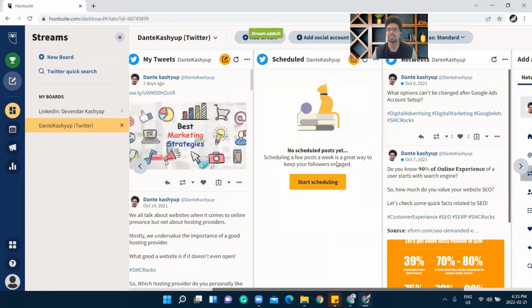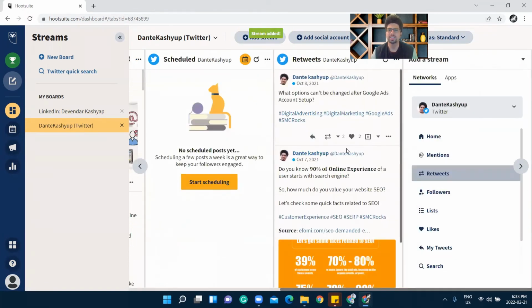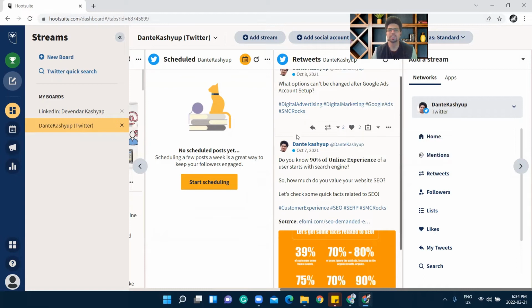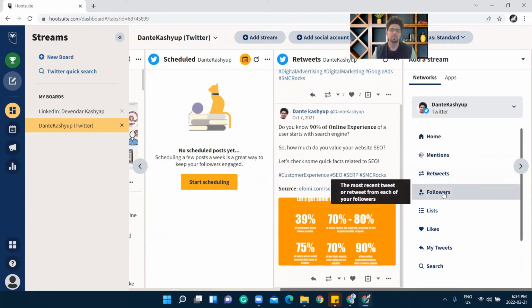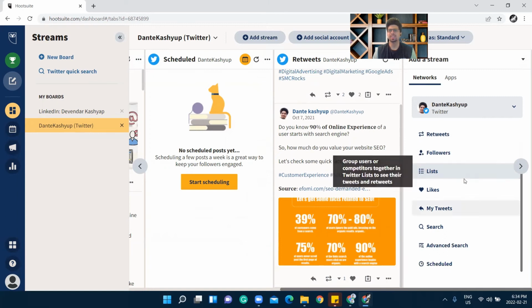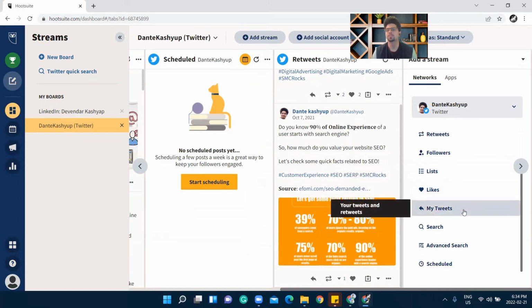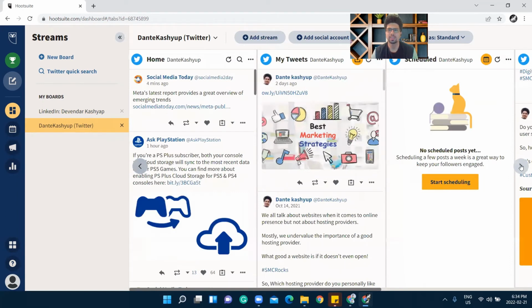For instance, if I just click there, it says these are the retweets and these are the number of times that it's been retweeted. You can see who retweeted. You just hover your mouse and it says follow, whatever that is. Followers, you can have the followers list that's custom made, who liked your tweets, or my tweets, whether you want to see my tweets or not. But if we have these options,